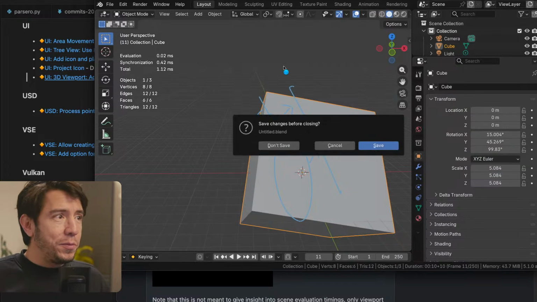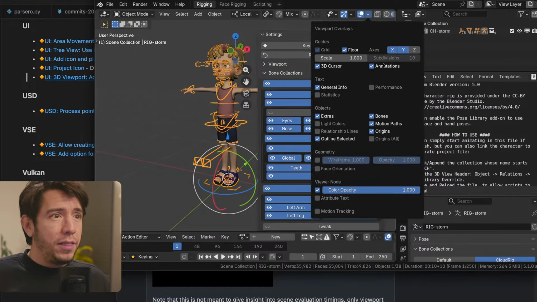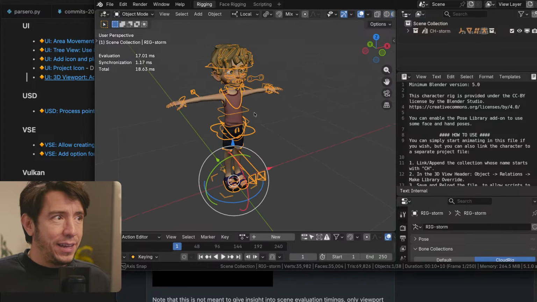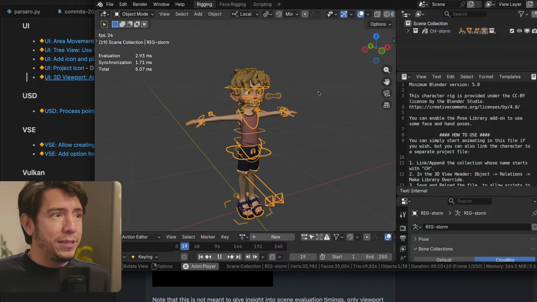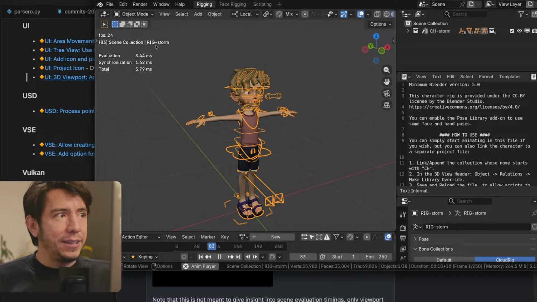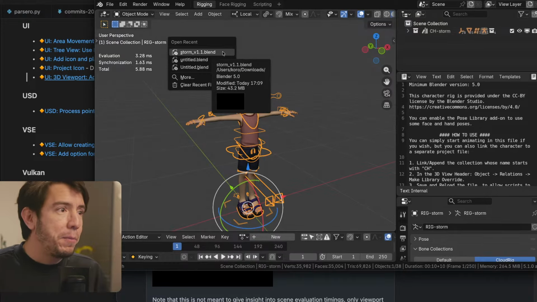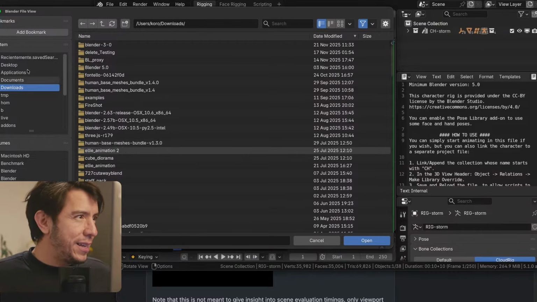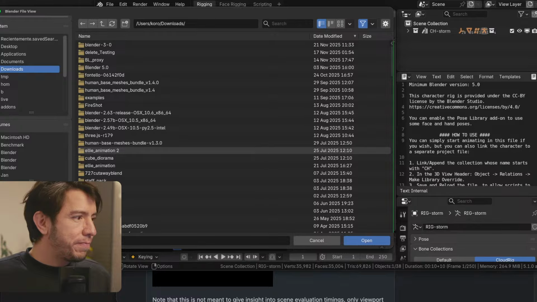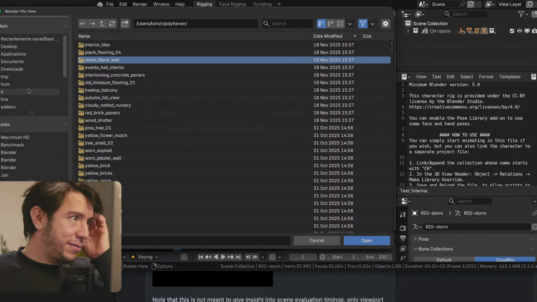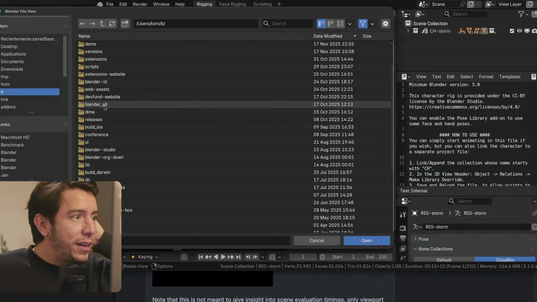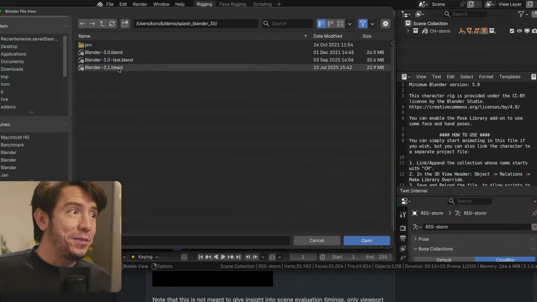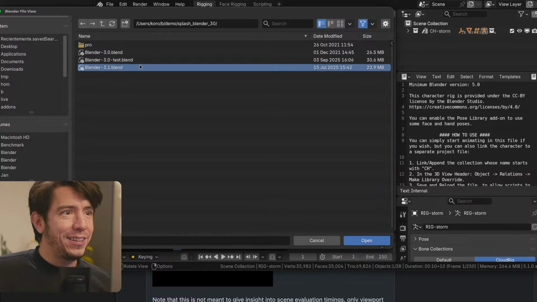So if we open Storm, you probably would see a few a bit higher values, I assume. Yeah, the evaluation is 17 milliseconds, and then it's very fast to draw. I press play, then I see that I get a bit slower. But of course, when you have a scene that is way more heavy, so let's say I have some files. Do I have any demo files here? I do, if I sort them. The splash is very slow. Shall we open the splash?